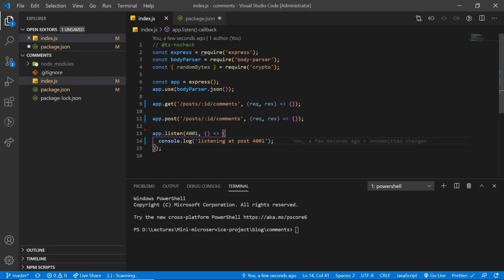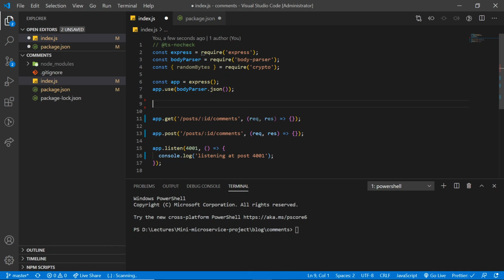The next step we need to do is some actual implementation of get and post method. Let's first begin with creating a new comment just as we had back in our post service. We are gonna store all the comments in memory data structure just like we did in case of post service.